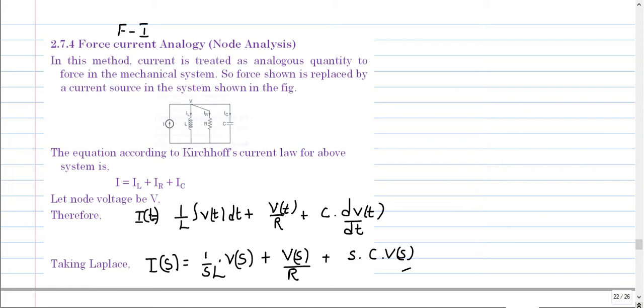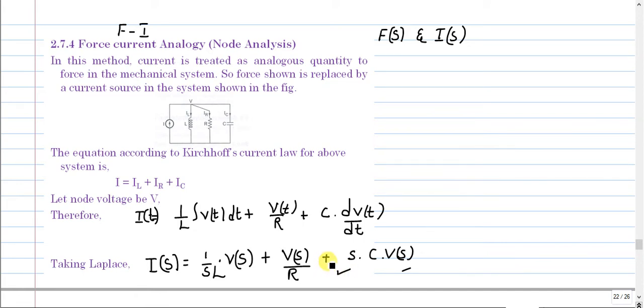Again, so we can write. If you take V of s as common, that will be the input, or sorry, that will be the output, and we can measure with respect to I of s. Now the next step is comparison of f of s and I of s. Still this equation is not enough to compare f of s and I of s.